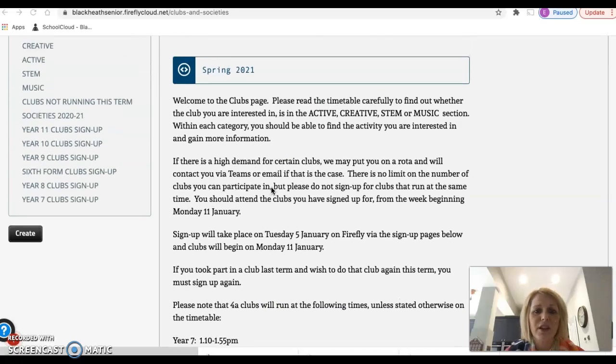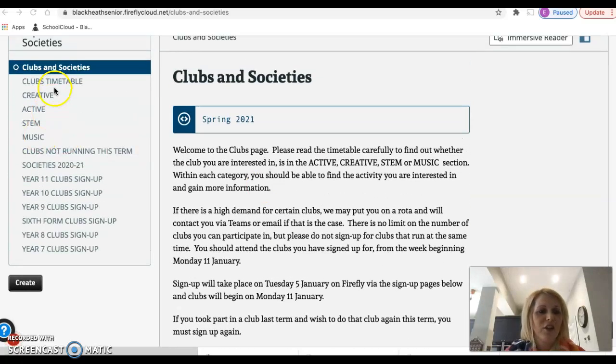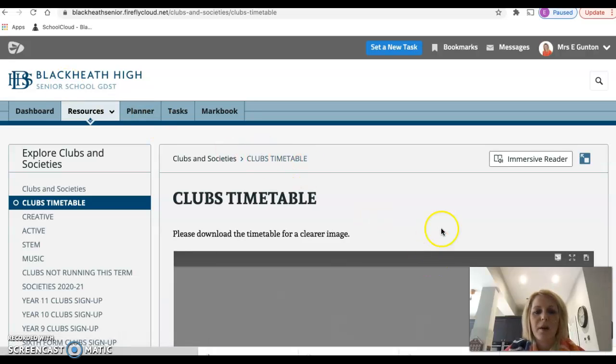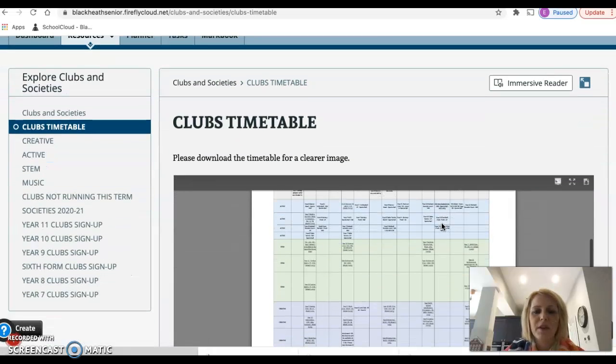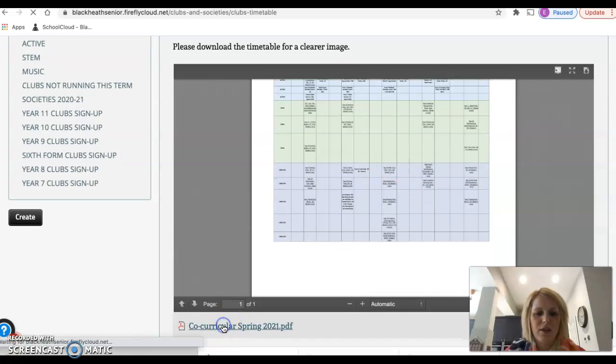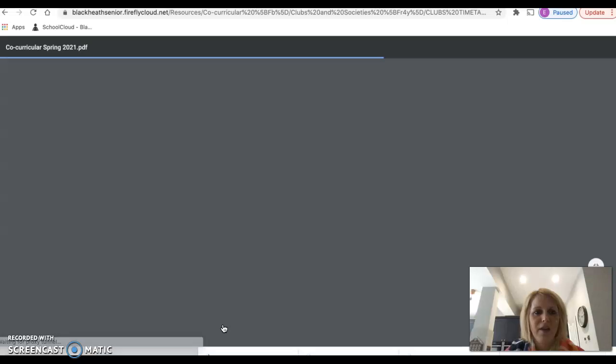So what you're going to do is read through that information and then go to the club's timetable page, which you can click on here. And we'll just wait for that to load and it will come up. Now, when it comes up, you can see that actually it's not very easy to read. So what you need to do is click on the link and it will download the PDF so you can